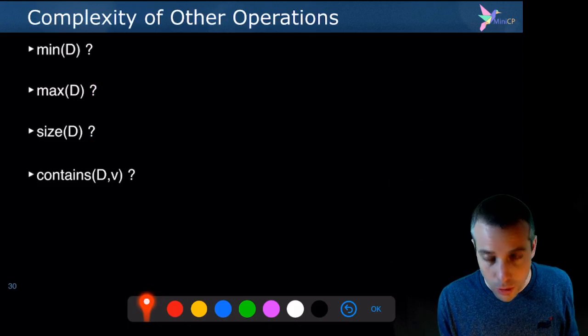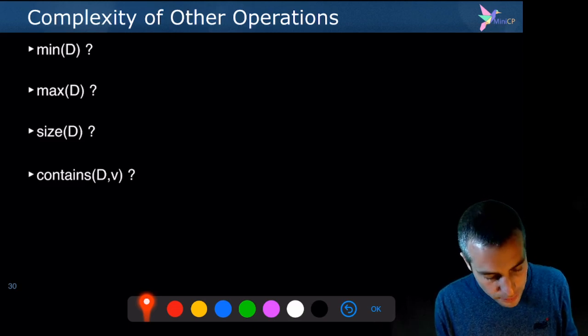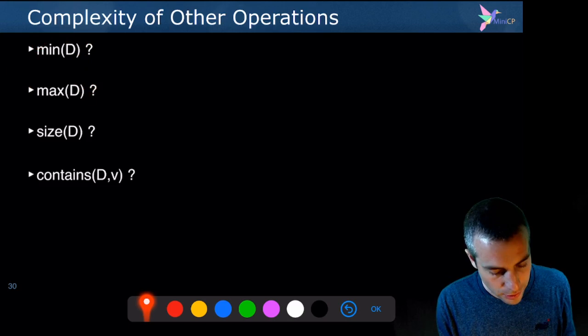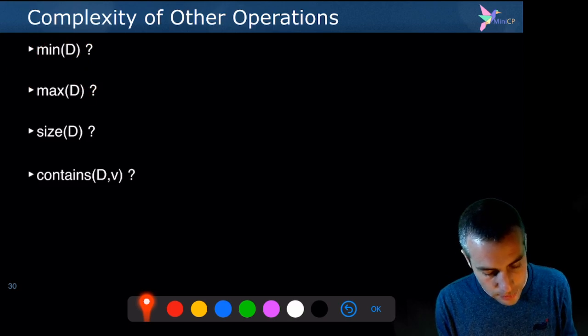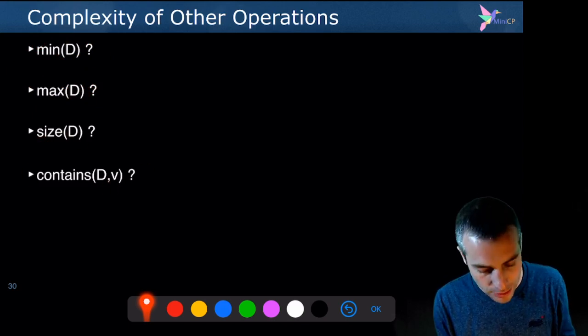So all these operations are very efficient. You can remove a value in constant time, assign the set to a single value in constant time. What is a little bit more complex is retrieving the minimum and the maximum. It may take a little bit longer because you might need to iterate over the values that are still in the set to update the minimum and the maximum. Retrieving the size is also in constant time, and checking if a value is present or not in the set is also a constant time operation.